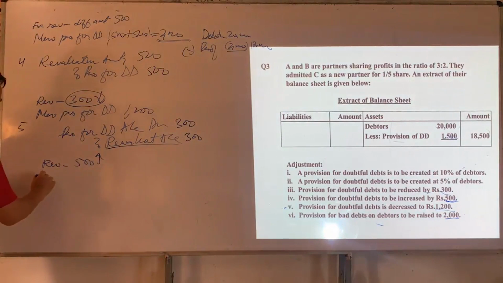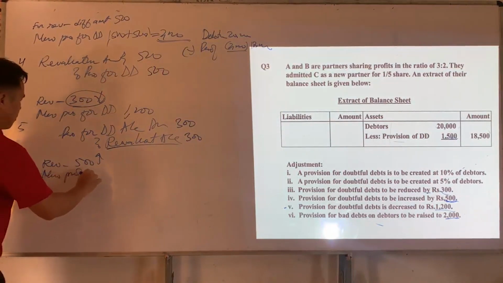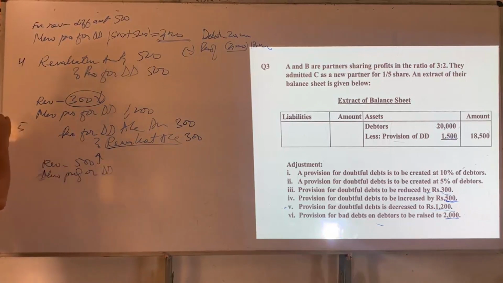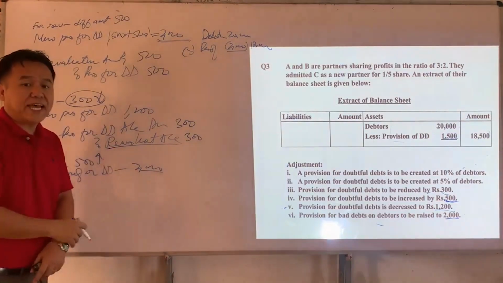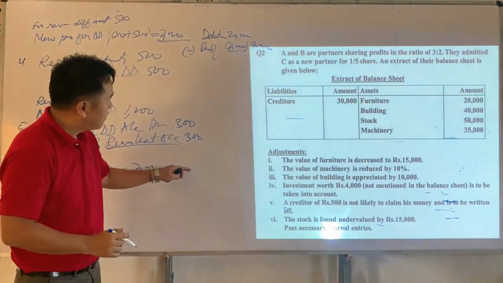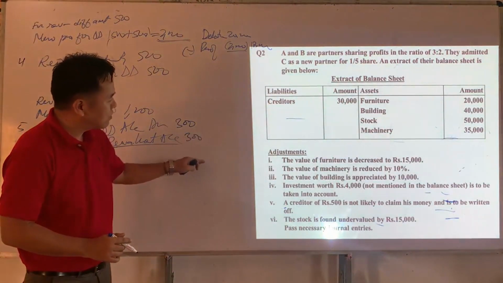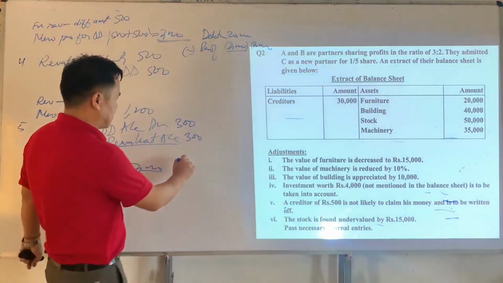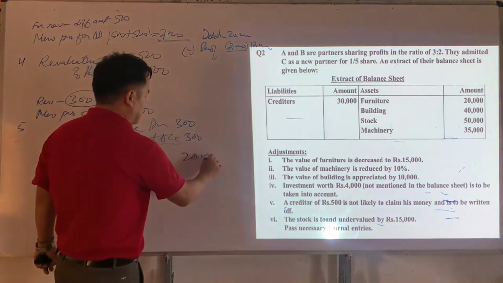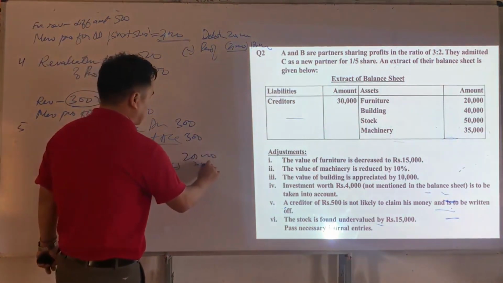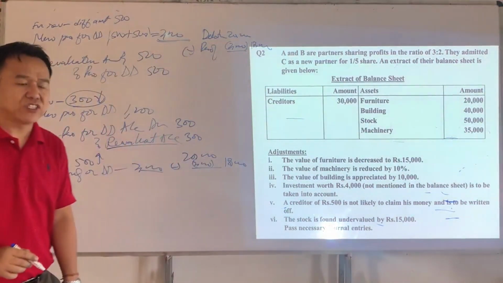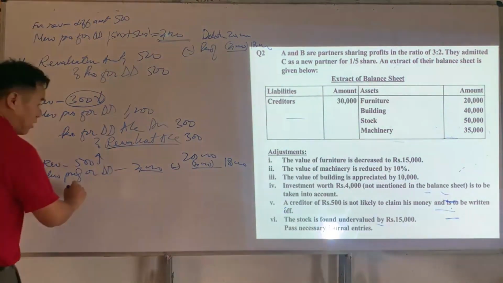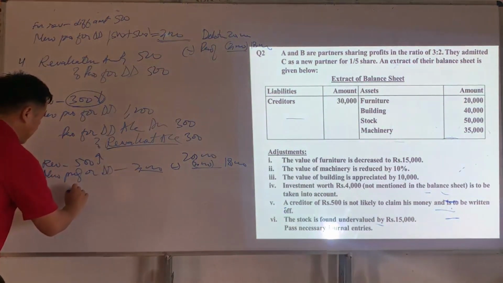And what is the new provision for doubtful debts? The new provision for doubtful debt will be rupees 2,000, which will be shown on the asset side of the balance sheet by way of deduction from the debtor. What is the value of debtor? 20,000 minus 2,000. And how much do we get? 80,000. It should be shown like this in the new balance sheet. Okay. Now the journal entry will be